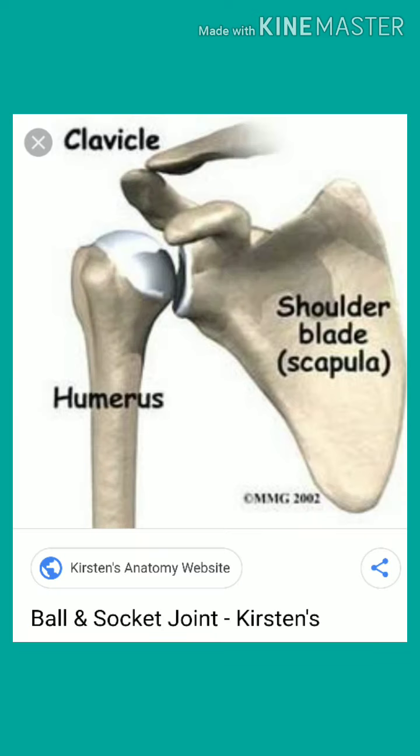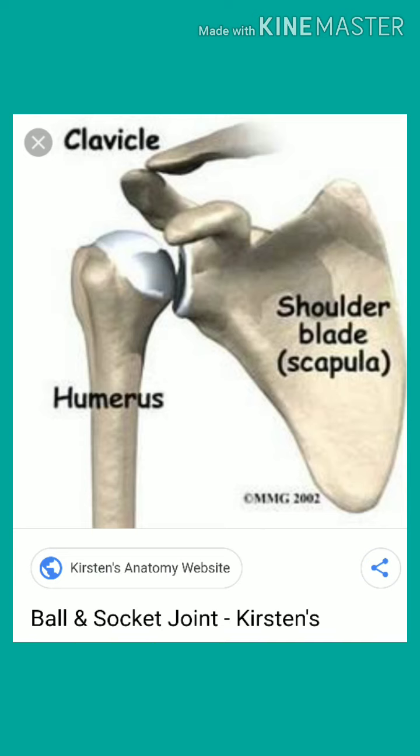The first joint is the ball and socket joint. A ball and socket joint allows the bones to move easily in a large circle. This joint is formed by the round end of a long bone fitting into a hole or socket of another bone. Our shoulder, see the diagram, is an example of a ball and socket joint. The upper end of the arm bone is round and fits in the socket of the shoulder bone.